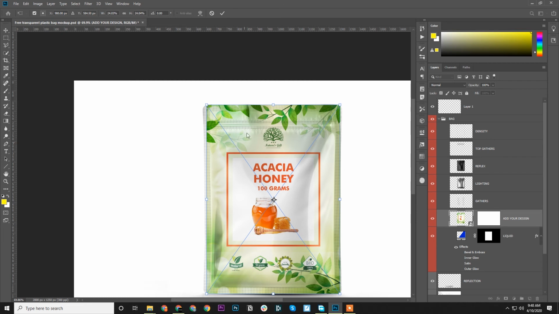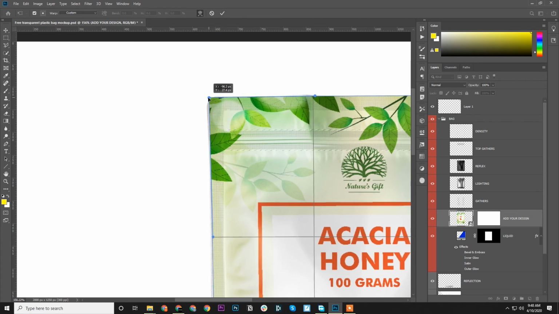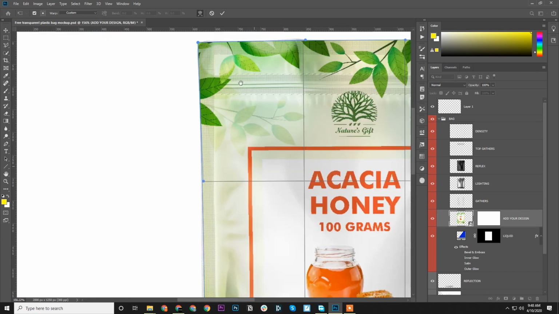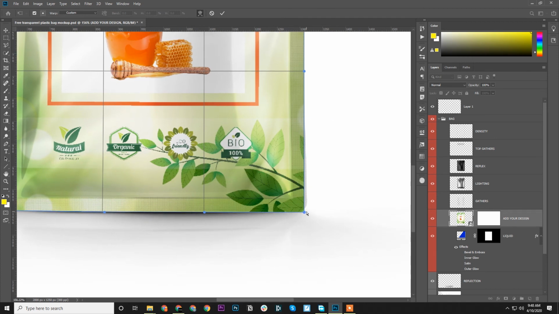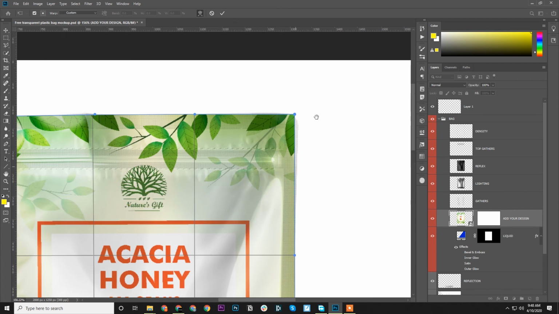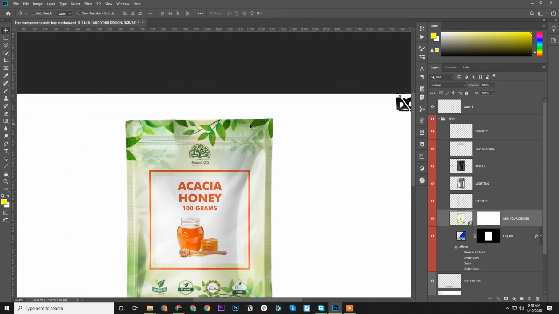So what we can do is go to warp. What I'm trying to show you is that you need to modify your mockup templates.